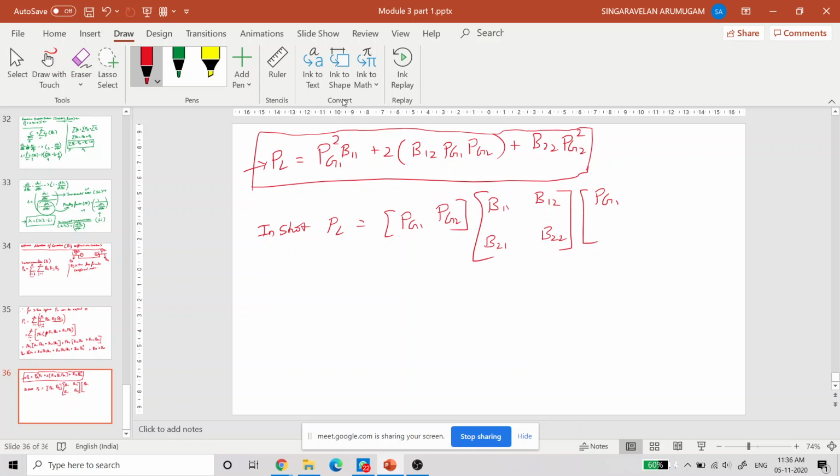And also PG1, PG2. So by solving this we will get, if you see this, these are transpose, both are transpose. If that is the case, I will still write in simple terms: PL is equal to PG transpose Bij PG. So I will write a generalized equation for this: PL is equal to PG transpose Bij PG. Okay, then